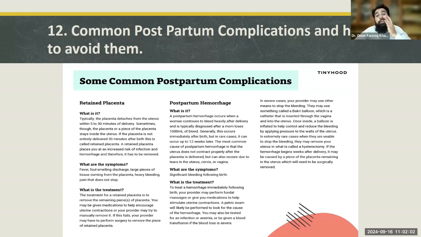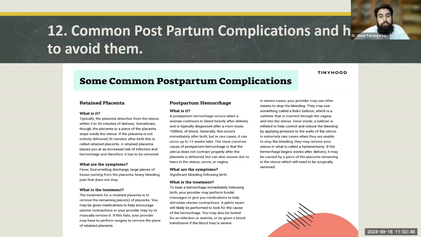Then there is another life-threatening postpartum complication, and that is postpartum hemorrhage. A postpartum hemorrhage occurs when a woman continues to bleed heavily after delivery and is typically diagnosed after a mom loses 500 ml of blood. It's not 1 liter of blood. It's in our textbooks, from what we have read, it's usually 500 to 750 ml of blood. We can't wait for 1 liter of blood to be lost before labeling any woman as having postpartum hemorrhage. Usually, if more than 500 ml of blood is lost, we call it postpartum hemorrhage. Whether it's mild or not, we will discuss later, but if there is blood loss of more than 500 ml,